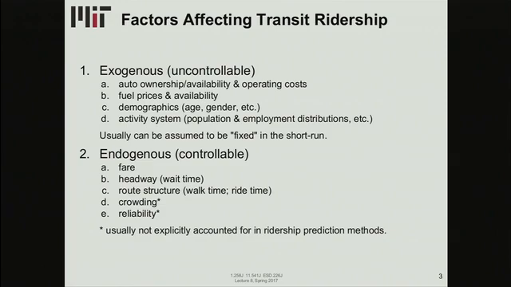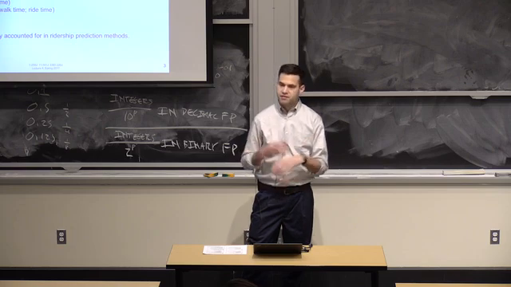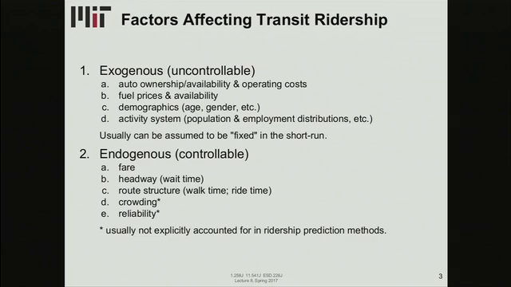And which factors affect transit ridership? We mentioned a few of them. Broadly speaking, we can divide them into two categories: exogenous factors that are not under the control of the agency, and endogenous factors, which the agency has some degree of control over. So exogenous factors include auto ownership and availability and operating costs. The cheaper it is to own and maintain and operate your own private automobile, the less likely you are to take transit. Fuel prices and availability, same thing. Demographics, age, gender, let's say income, all these things affect ridership and revenues. And then the activity system, so attractors, job centers, population density, things like that, also affect